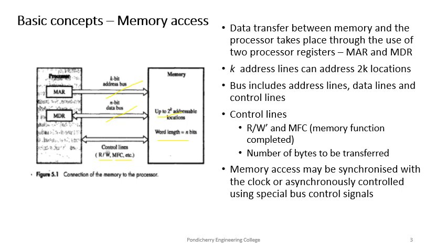So in case of block transfer, where usually the data are written to continuous locations or read from continuous locations, we need to specify only the starting address and how many bytes of data are to be transferred. So in that case, we require some more control lines to indicate the number of bytes to be transferred. Moreover, this memory read write access may be done in a synchronized fashion with a reference clock, or it can happen in an asynchronous manner using special control signals.